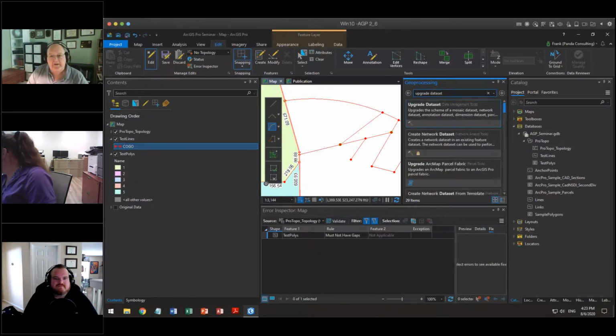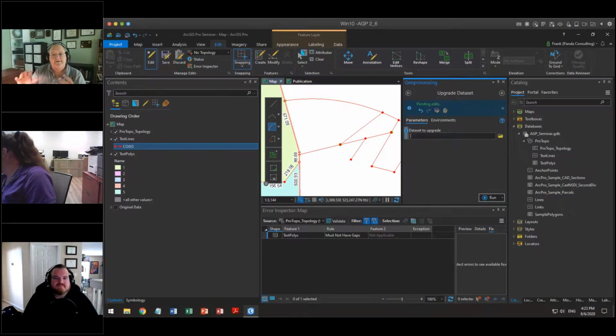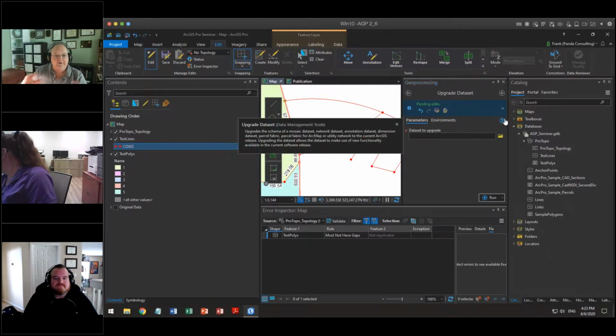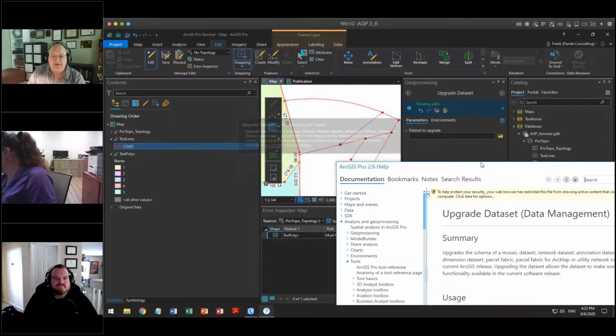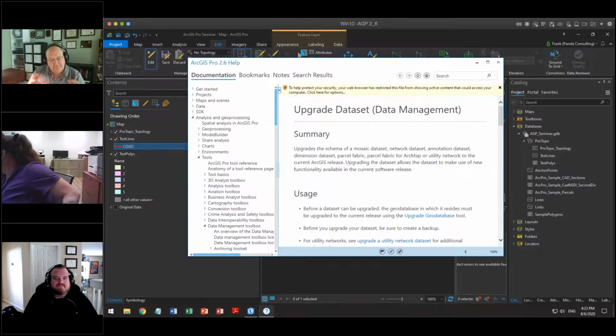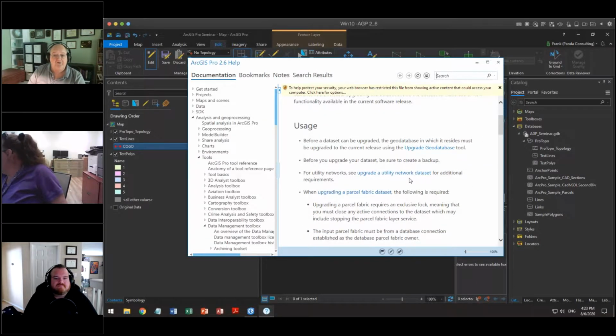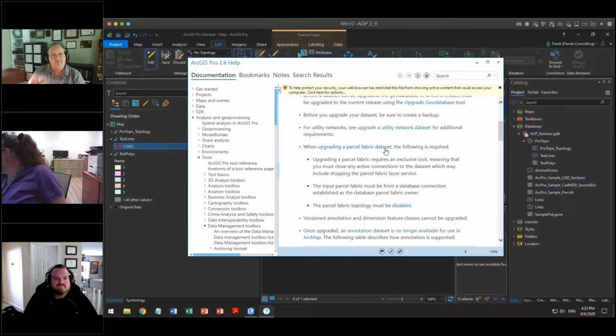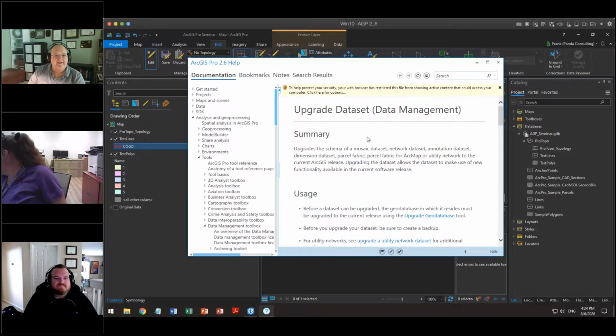All right. And it will then ask you to point at the feature class for this. So it can be either a mosaic dataset or an annotation feature class. It's just when you're upgrading from an older utility network or parcel fabric, when you're moving from 2.4 to 2.5 to 2.6, they have different structures in there. You click this Upgrade Dataset